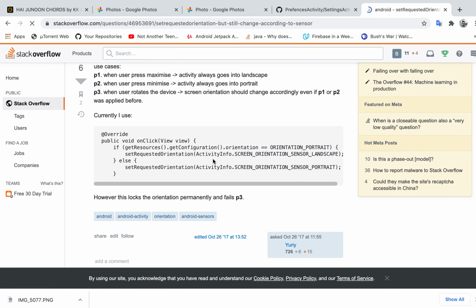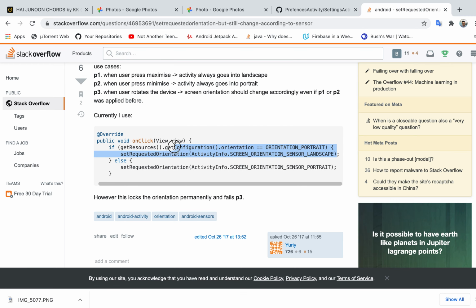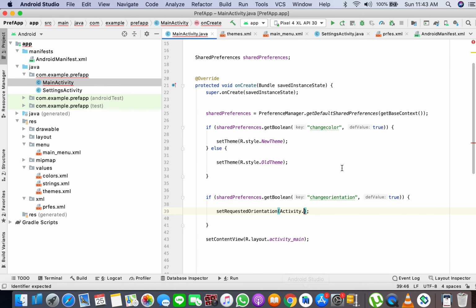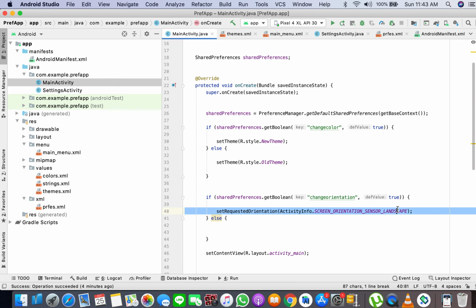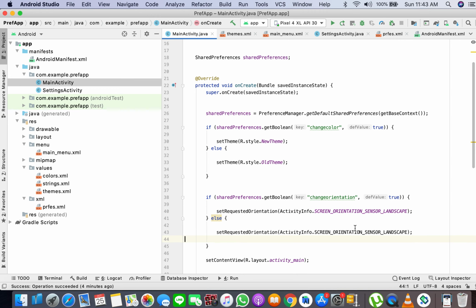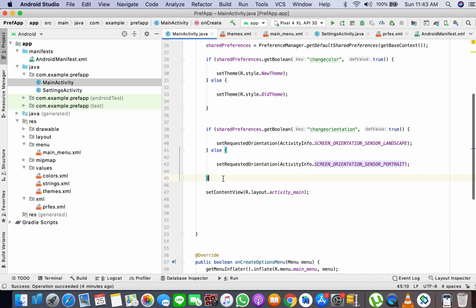Set requested activity info. Okay. So you can do it several ways, but this is just a very small and robust kind of code snippet that helps you to control the orientation. Else here you will write portrait. Okay, and